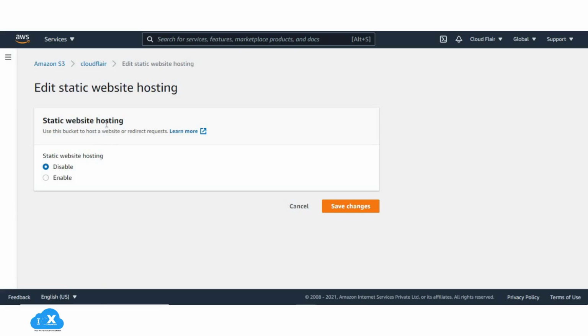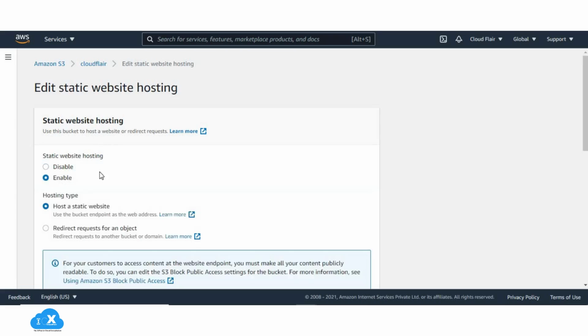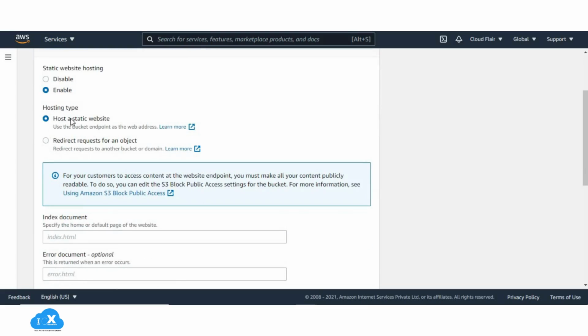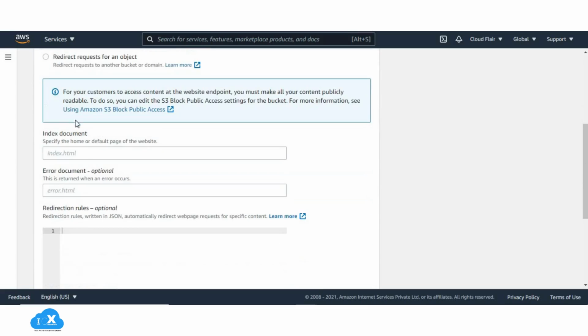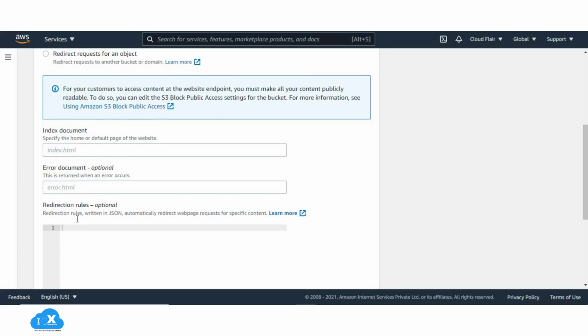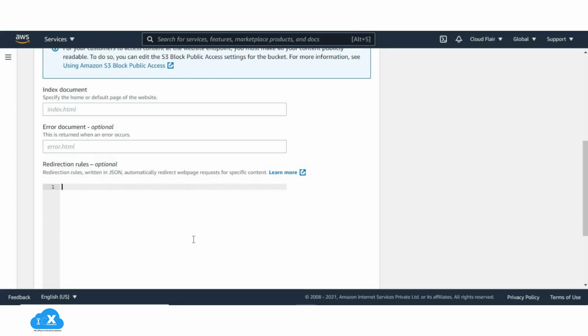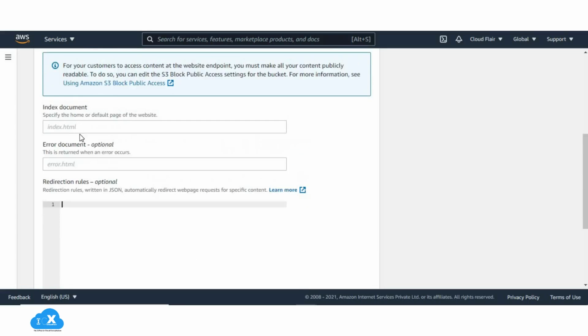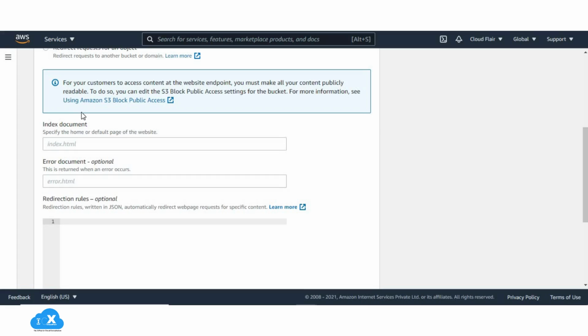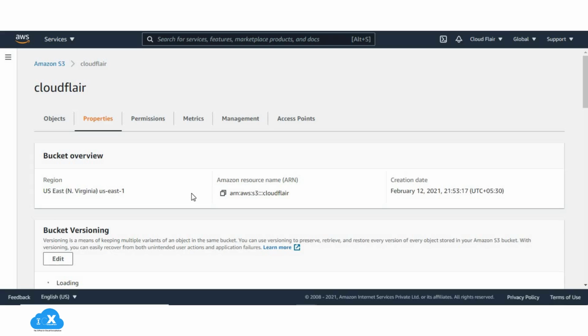To enable it, under Static Website Hosting, choose Edit. Choose Use this bucket to host a website. Under Static Website Hosting, choose Enable. In index document, enter the file name of the index document, typically index.html. To provide your own custom error document for 4xx class errors, in error document, enter the custom error document file name. If you want to specify advanced redirection rules, in redirection rules, enter XML to describe the rules. Choose Save Changes. Amazon S3 enables static website hosting for your bucket.